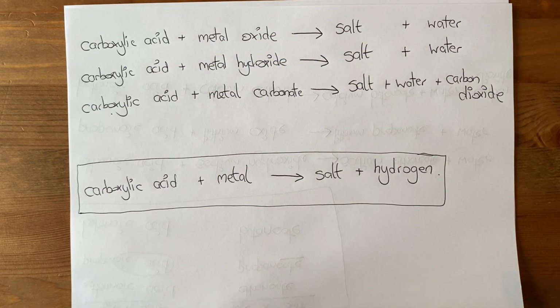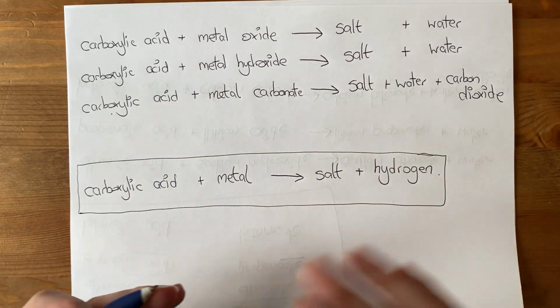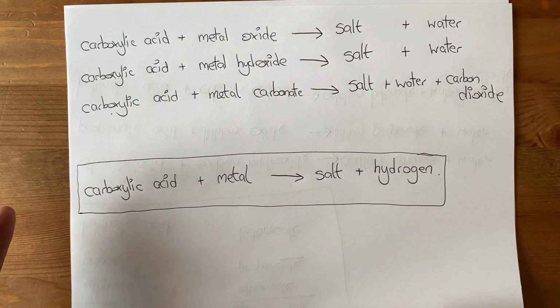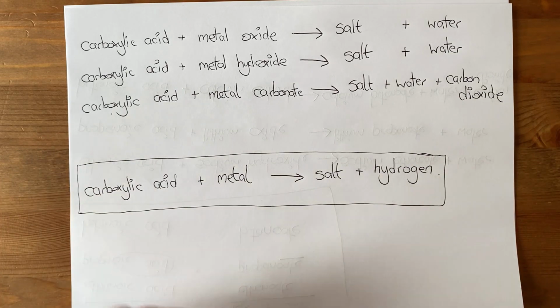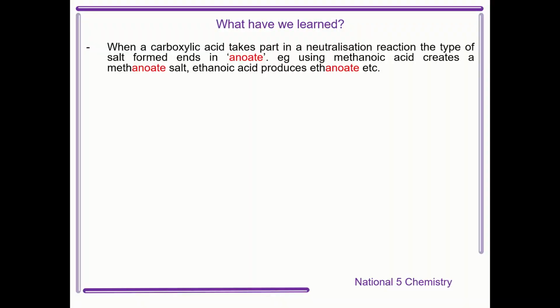Okay, that's all there really is to it. It's just a wee bit of practice. It's looking through questions and taking ones that have different acids with different bases, trying to work out, is it an oxide, a hydroxide, a carbonate, trying to have a think about that and working out what these word equations would be. So in this video, what we've had a look at is that if we have a neutralization reaction,